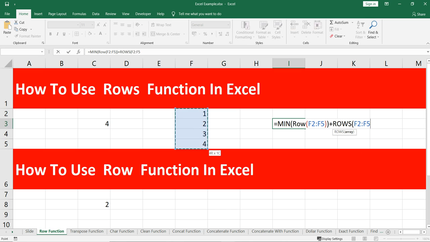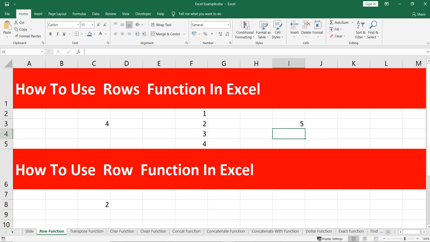I'll put this and -1. Now the question was to find out the last row in a range, and I have used this formula so that I can show you the use of the ROW as well as ROWS function simultaneously. So this is how you basically use the ROW or ROWS function in Excel.